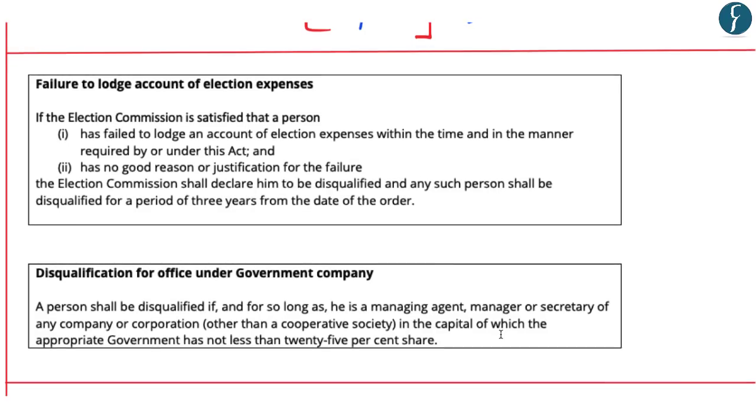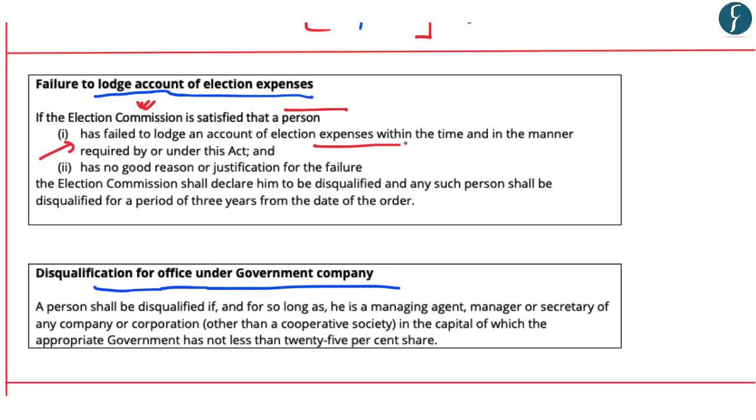Moving further, two other important grounds of disqualification are failure to lodge account of election expenses and disqualification for office under a government company. It says that if the Election Commission is satisfied that a person has failed to lodge an account of election expenses within the time and the manner required as per this Act, and has no good reason or justification for the failure of lodging election expenses,